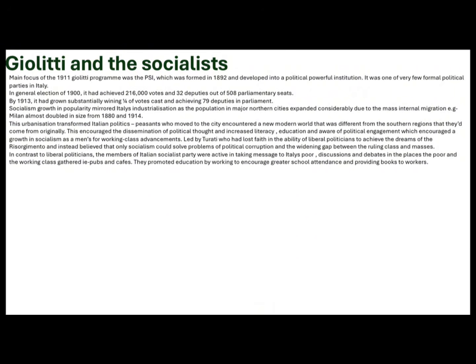Socialism's popularity mirrored Italy's industrialisation, as the population in major northern cities expanded considerably due to large internal migration. Milan, for example, almost doubled in size from 1881 to 1914. This urbanisation transformed Italian politics. Peasants who moved to the city encountered a new modern world that was different from the southern regions that they had come from originally. This encouraged dissemination of political thought and increased literacy, education and awareness of political engagement,